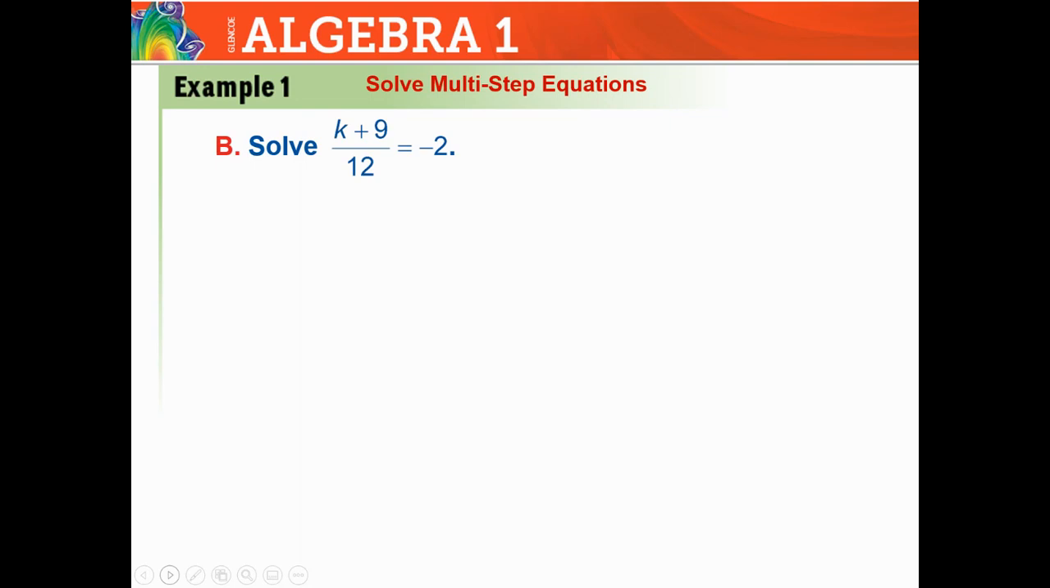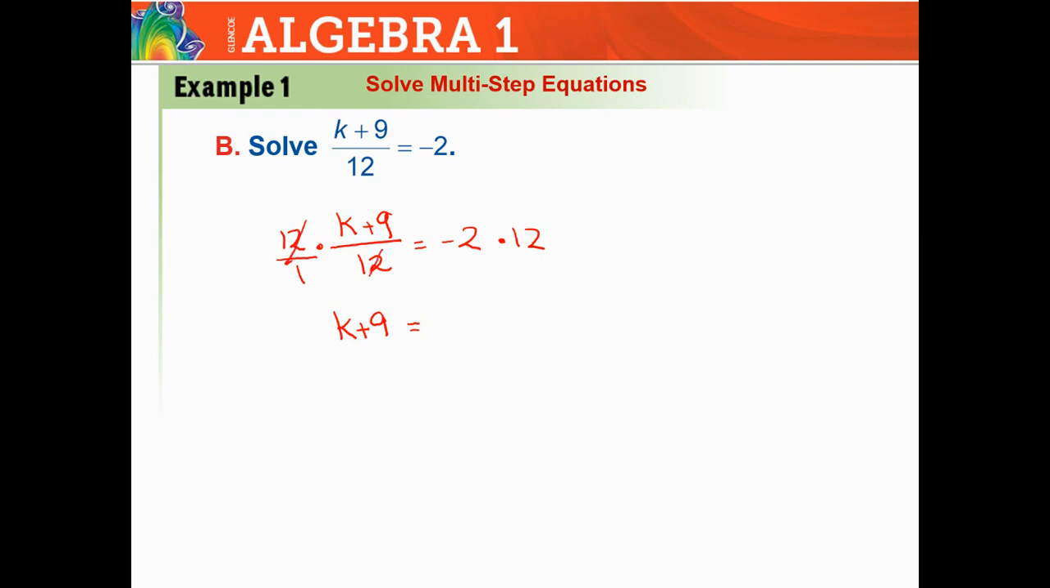And now let's look at the next problem. So our first step is we need to get this 12 out of our denominator. In order to do that, we see that this whole thing up here is being divided by 12. So we're going to have k plus 9 divided by 12 equals negative 2. First thing we need to do is any multiplication or division. So because we're dividing by 12, we're going to multiply both sides by 12. So we should get k plus 9 equals,